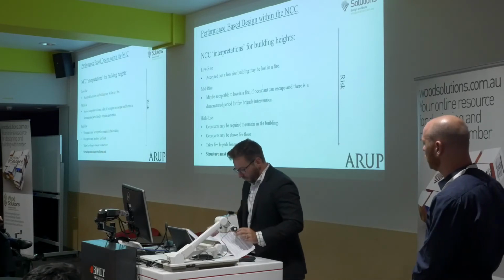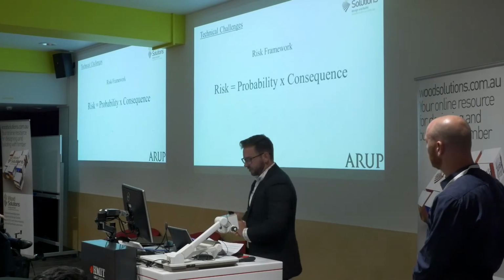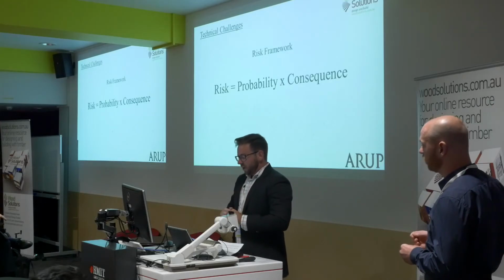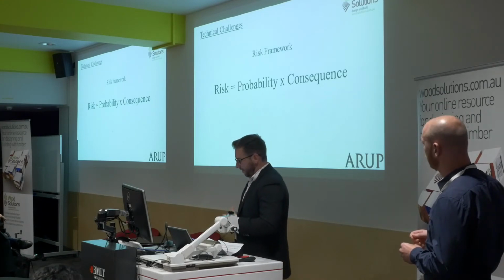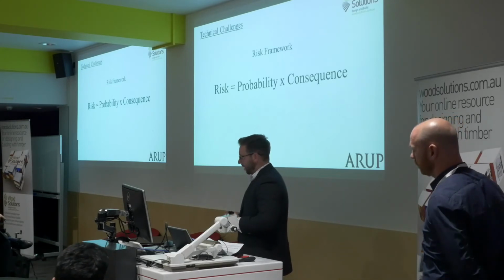So if we go back to a risk framework, everything we do as fire engineers comes back to risk. A commonly adopted risk framework methodology looks at the probability of an event occurring times the expected loss in the case of the incident, or the consequence. So in terms of looking at this for taller developments, the probability of the incident starting is, and again, something else that Paul did touch on as well, so we've got a lot of commonalities here,